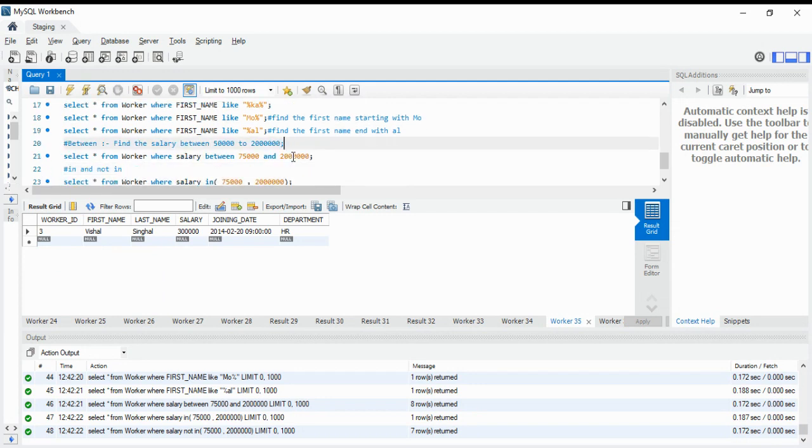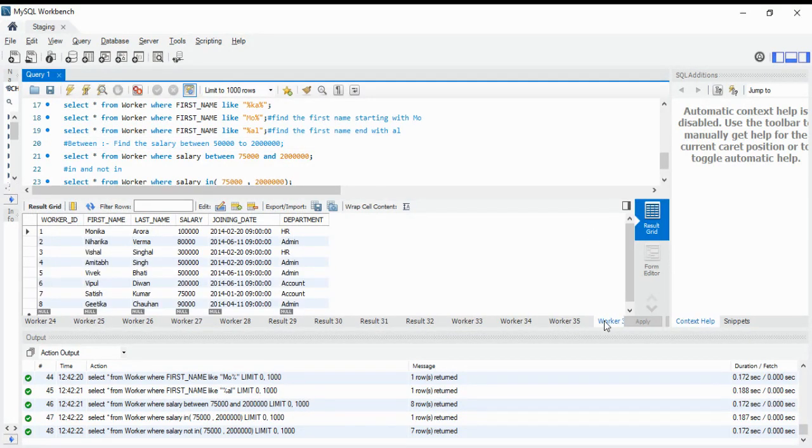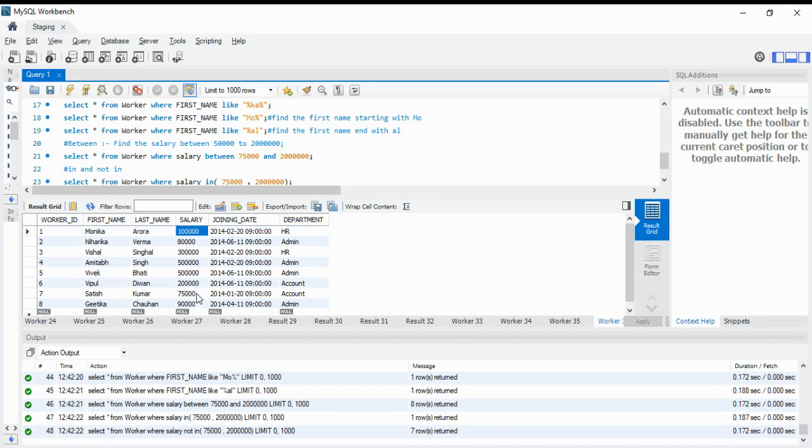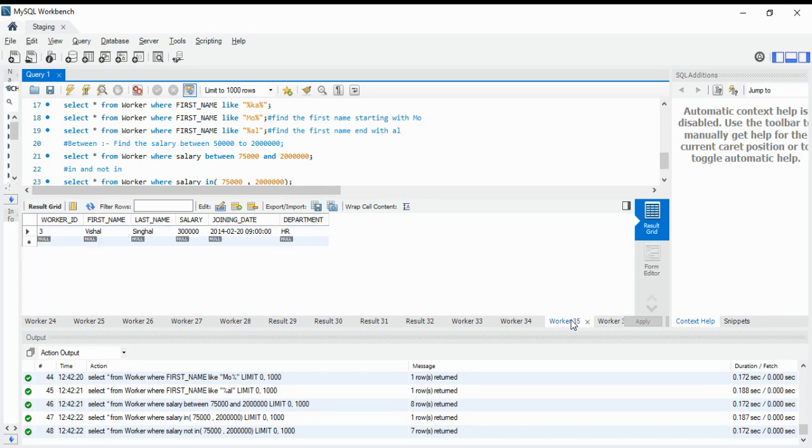Now, between. Why do we use between? Suppose I want to find the salary between 75,000 and 2 lakh, then the command is select asterisk from worker where salary between 75,000 and 2 lakh, and the output is this. Sorry, I think this is not the command.